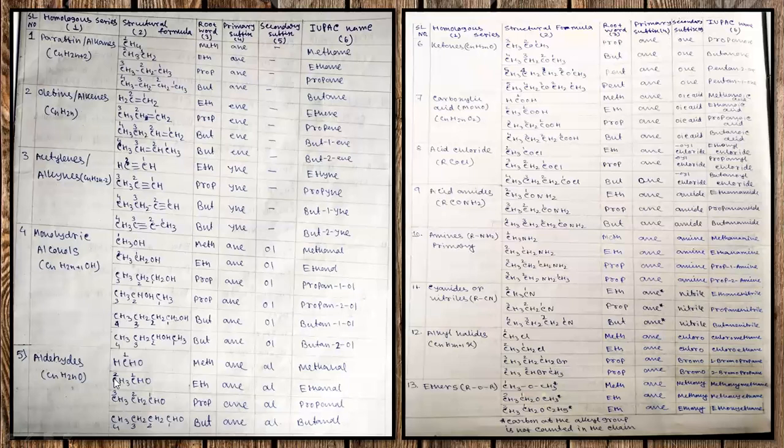Next come to the aldehyde. All these things are the same: if the aldehyde group is attached with the last carbon atom from either the right side or the left side, then you have to start the numbering from the right side or the left side. But if you notice that the aldehyde group is in the middle position of the carbon chain, then you have to count which number is nearest to the functional group, or which number is very